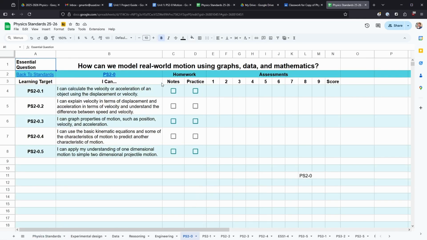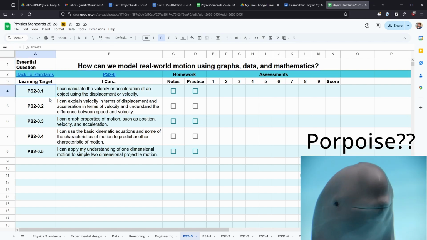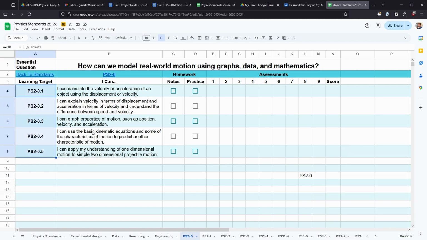Okay, breaking this down. On the top, we have the essential question. This one is, how can we model real-world motion using graphs, data, and mathematics? How can we represent motion mathematically? That was the purpose. We have individual learning targets. Each standard is broken into individual learning targets. For example, this one standard has